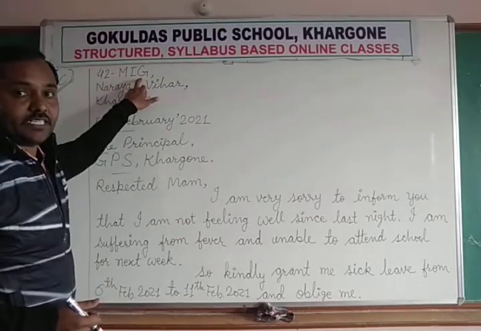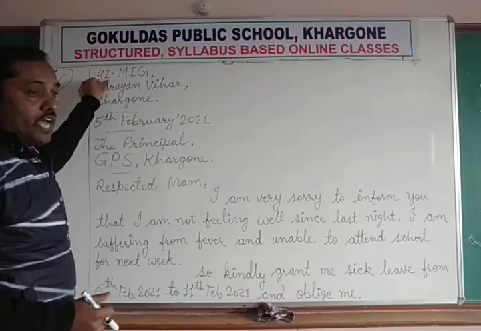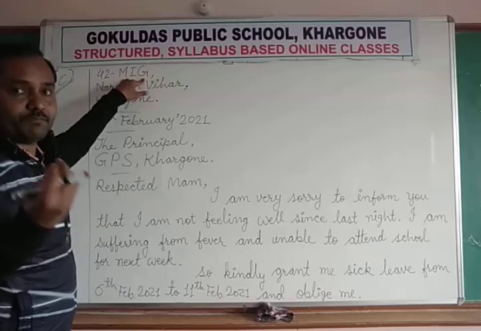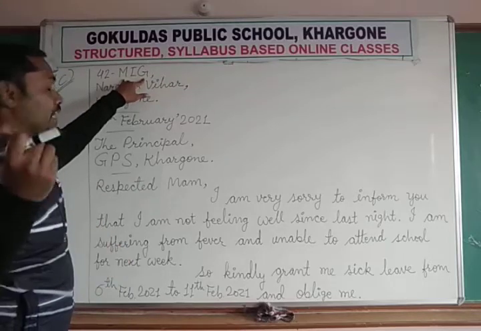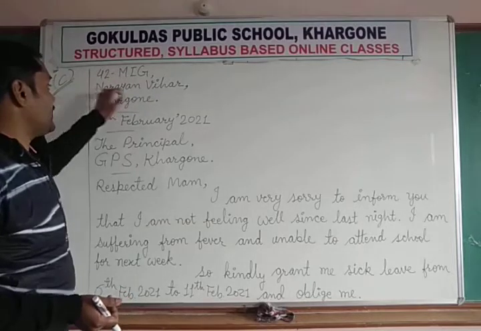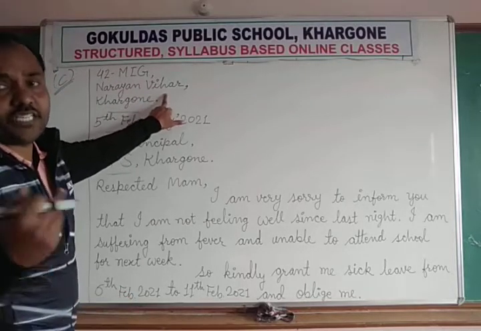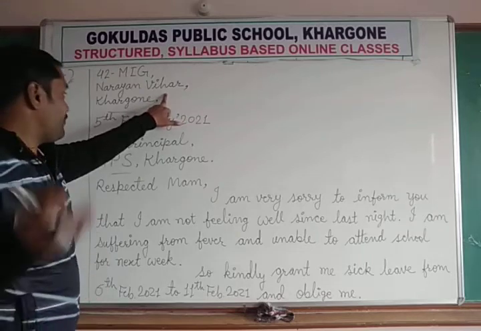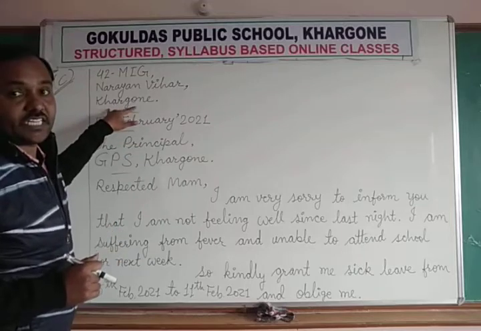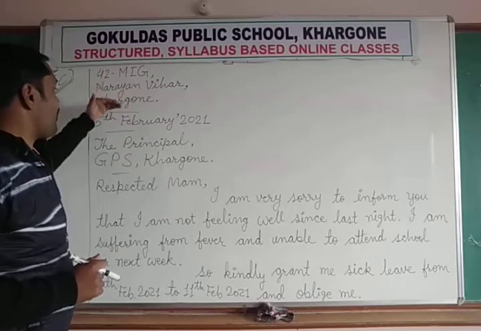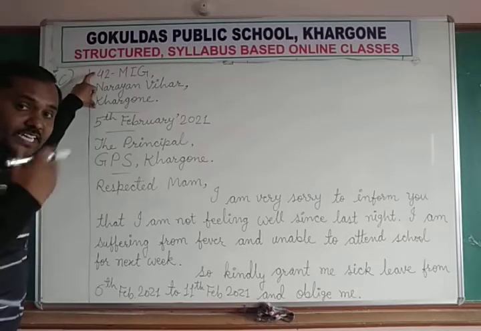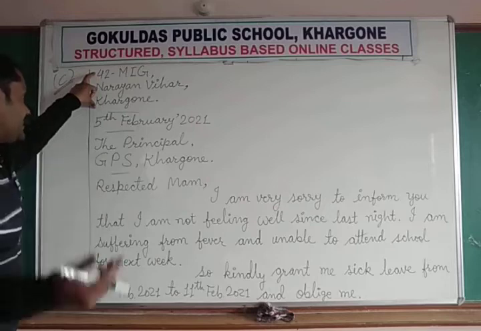The first half line contains the number of the house and your street, or any identification or name of your house. Then the colony on the second half line: Narayan Vihar, Bridge Vihar, Nutan Nagar, anywhere you live. Then the name of the city, Khargone. So you should write 3 half lines. This is the address of the sender, because you are the one writing the letter.